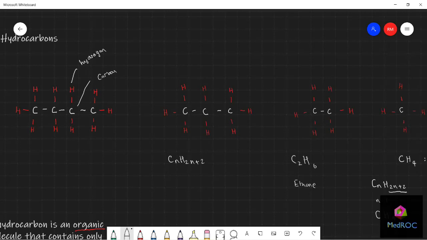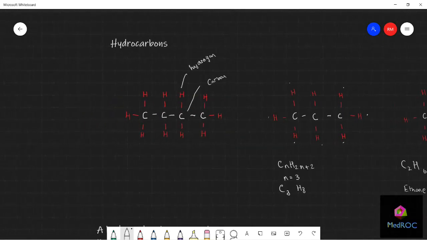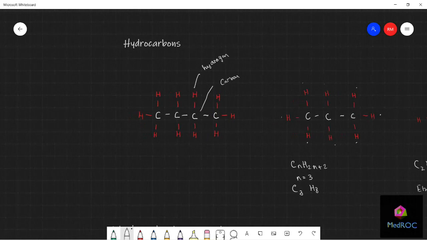So this here, you can see there's 3 carbons. So we know that n is going to be equal to 3. So we have our first part of the molecular formula, C3. Now, because you can do this both ways, because n is 3, 2 times 3 is 6, add 2, which gives us 8. Or we can count them up. 1, 2, 3, 4, 5, 6, 7, 8. 8 hydrogens. And here we come on to butane,